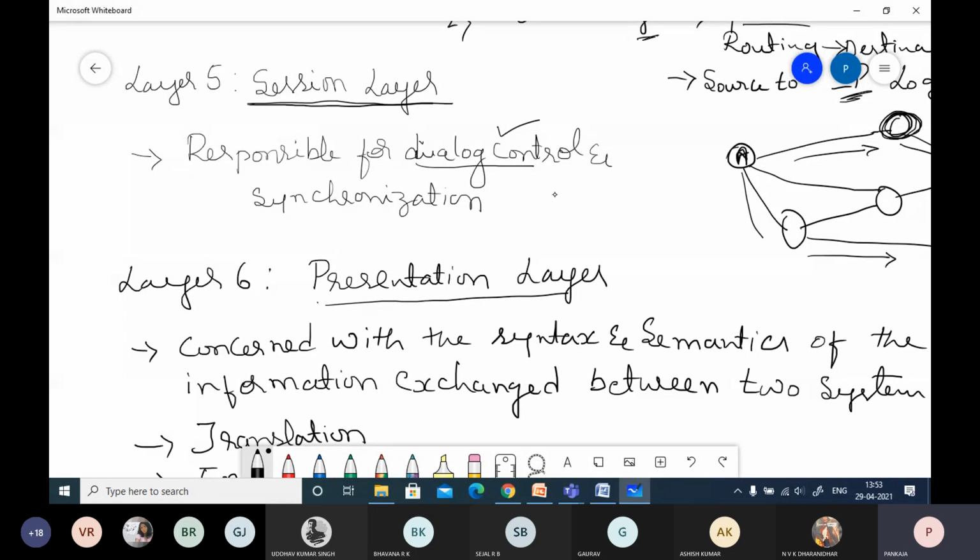Then synchronization is another responsibility of the session layer. These are the two responsibilities. So what does synchronization mean? I will take one example for this. Synchronization can be achieved by adding checkpoints or synchronization points to a stream of data. Consider I want to transfer 2000 pages from one device to another, from device A to device B. Now if I am sending all the pages at the same time,